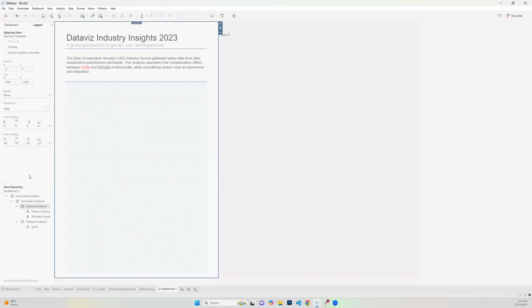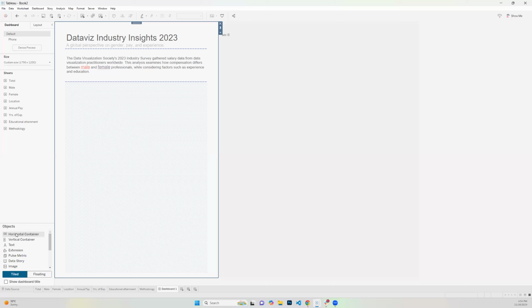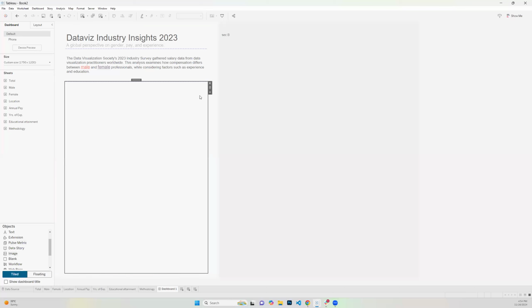So I will create a horizontal container. But before that, I would like to put a line here that will let us know that, okay, we have done with introduction, we are going to statistics about respondents. So to do that, I can easily use blank to create line,